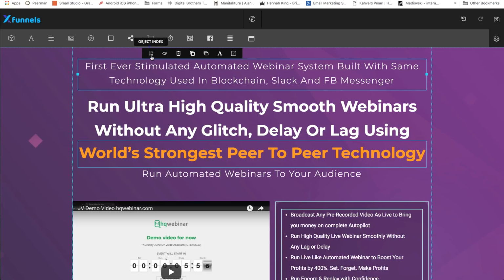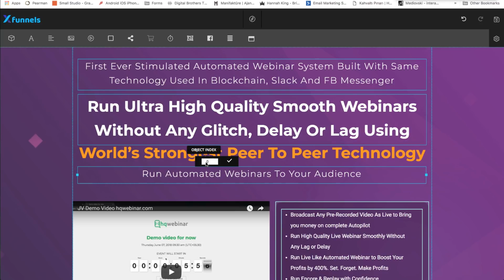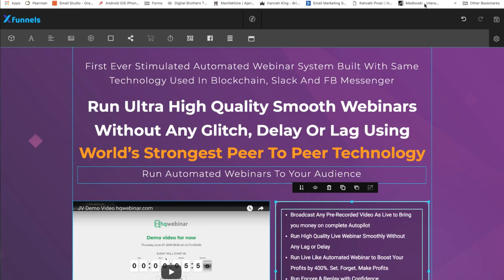change the indexing. So let's say if you want to put it on the top of mobile devices, you click on indexing 0. You have to choose its index 1. You have to change its index 2. It should be 3. It should be 4, and this group should be 5. Perfect. Now I'm going to save it,